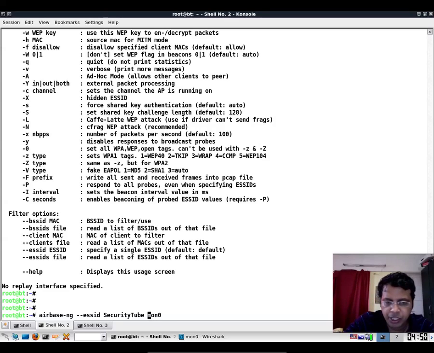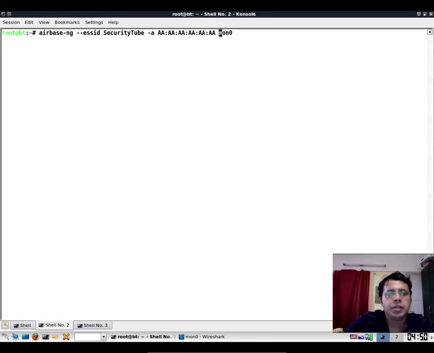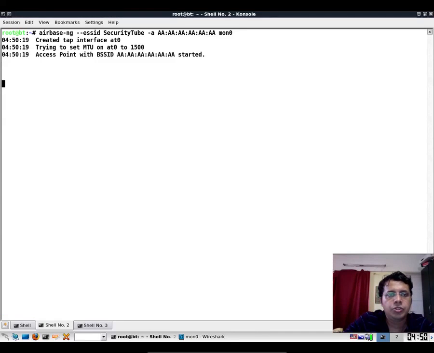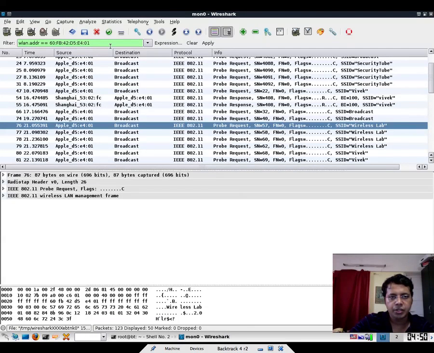Let's also change the MAC address of the access point to all A's. Right? And let's launch this network. So now we have an access point with MAC address all A's. Right? Now let's go back to our Wireshark and add another filter for